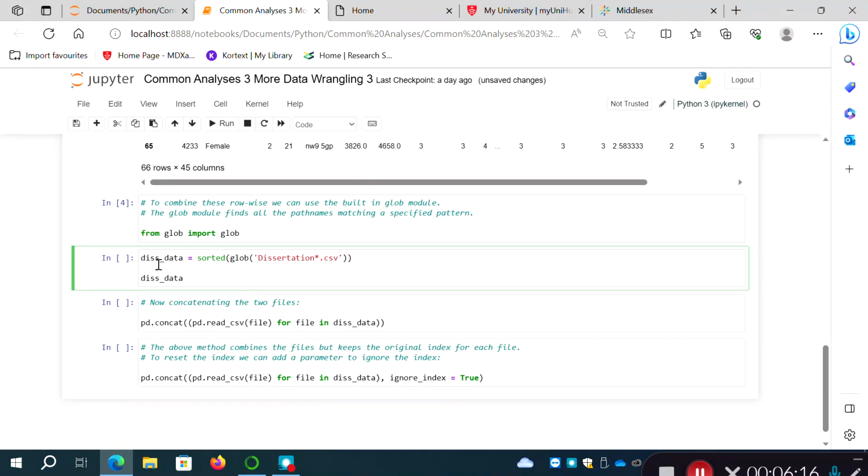And what I'm doing with this new dis_data object is using this sorted command and the glob module, and I'm asking the glob module to identify or bring up all of the data sets that we've imported that start with the word dissertation. So you can see here how this is set out. I've got, as a string in single quotes, dissertation and then an